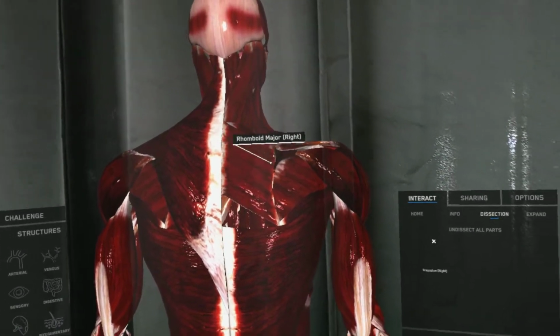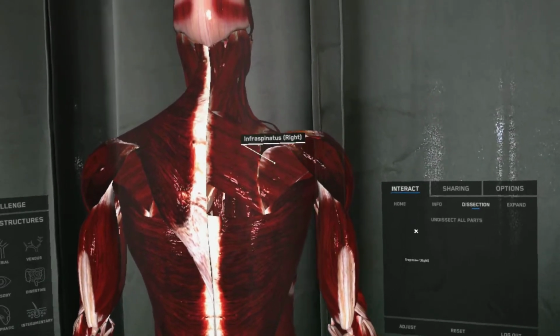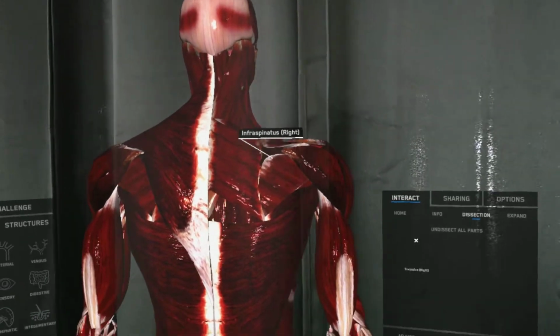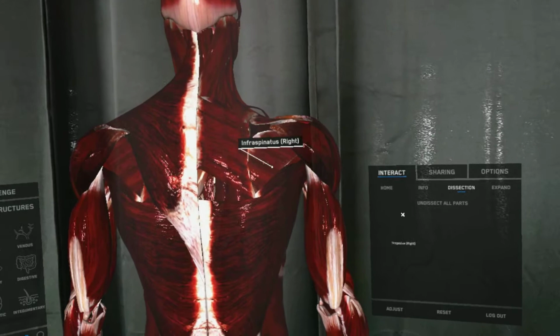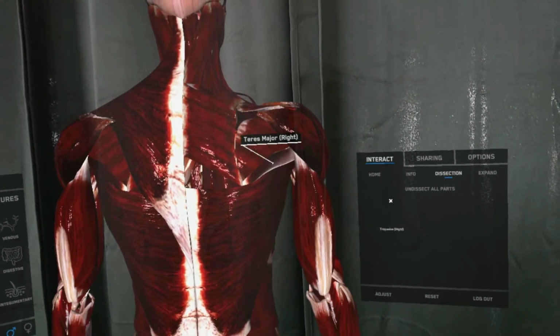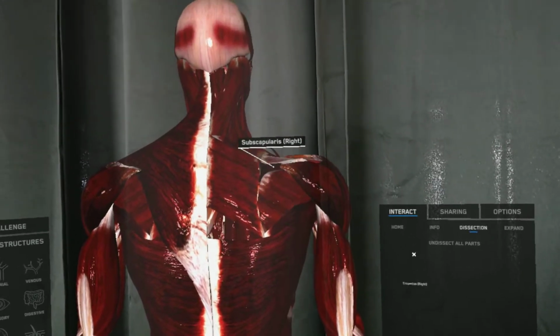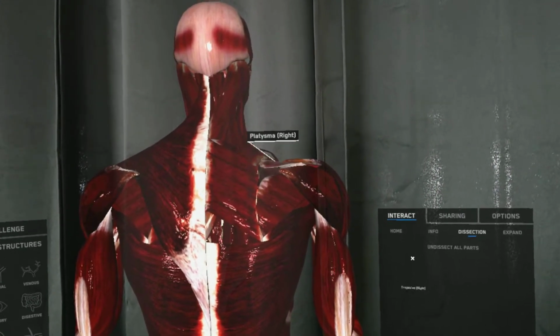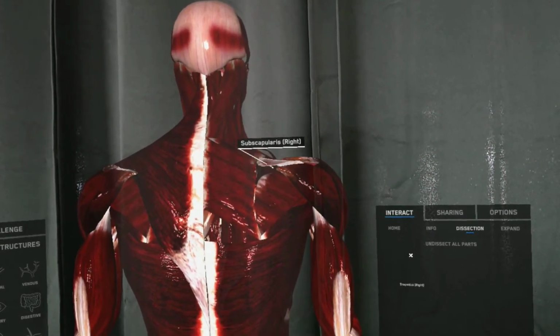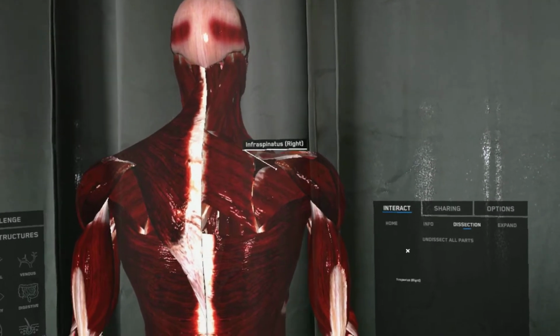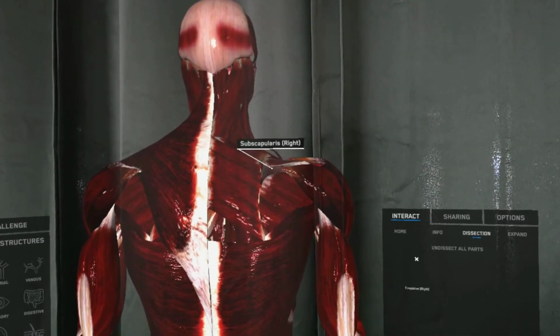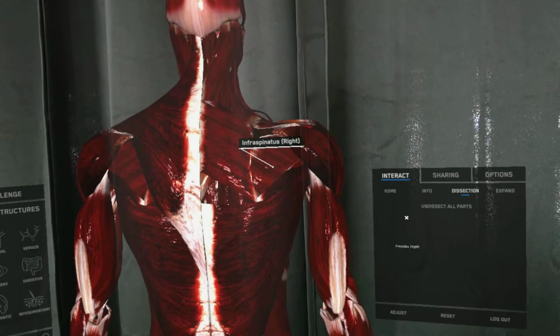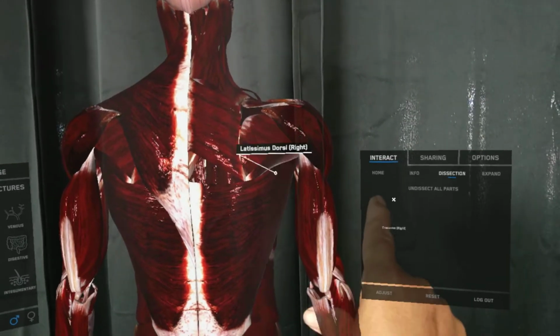And then here you have the infraspinatus, which is right below the spine of the scapula. And then below that would be the teres major. And of course, you can see here too that there is the supraspinatus muscle, which is right above the spine of the scapula. So take note that supraspinatus, infraspinatus, and let me remove the teres major,